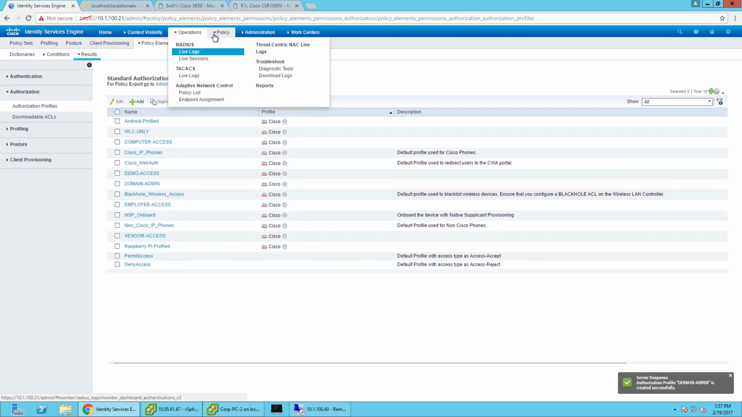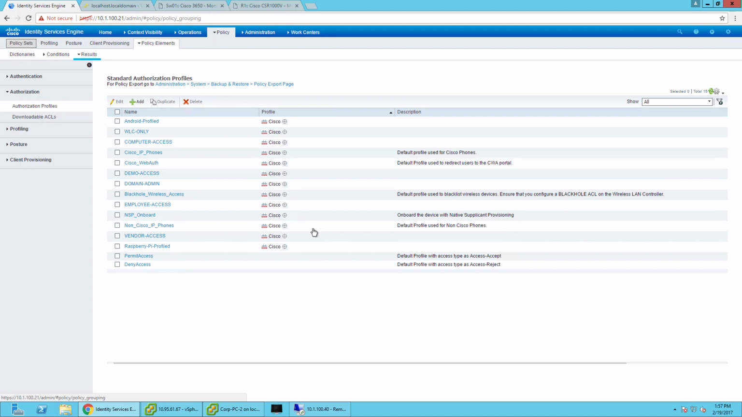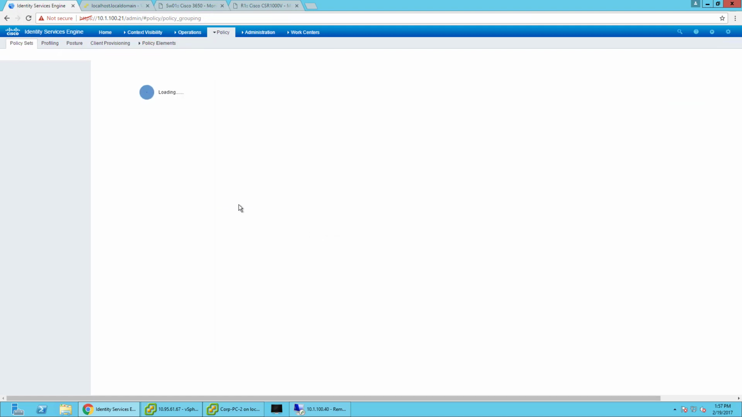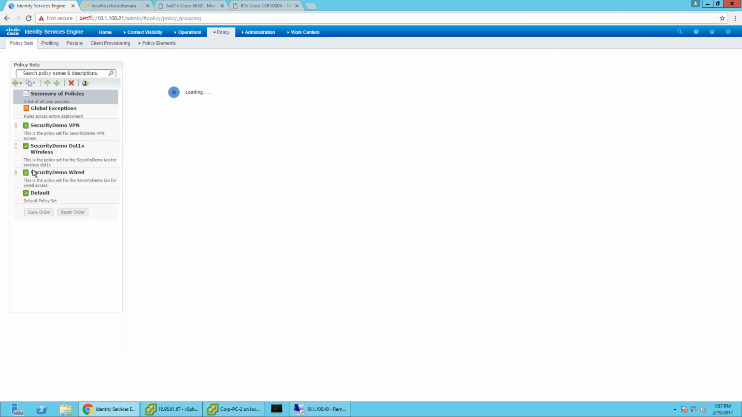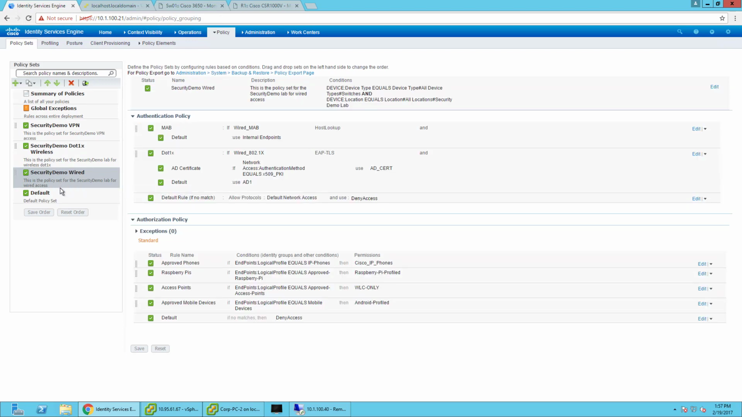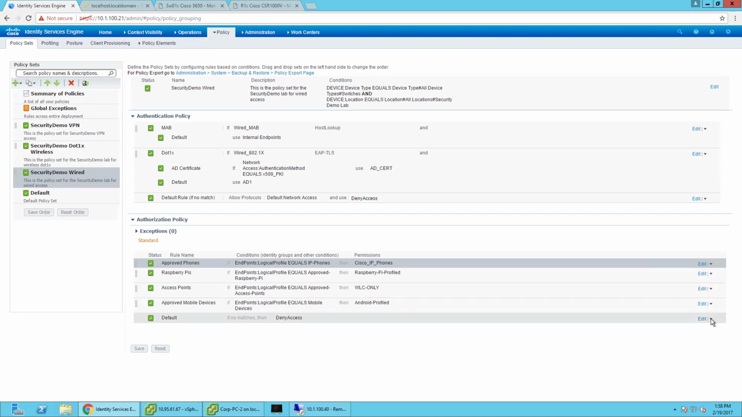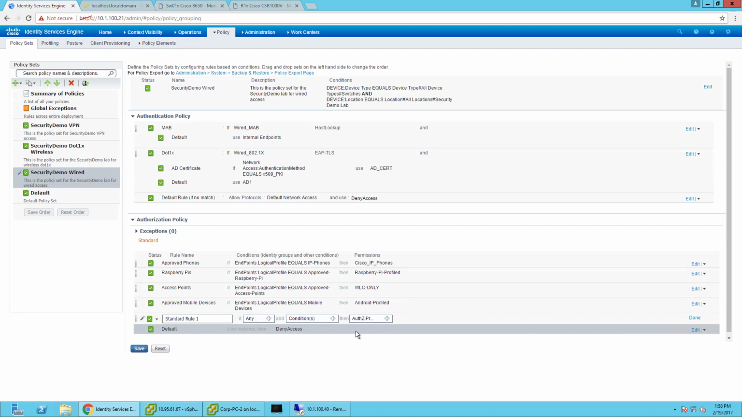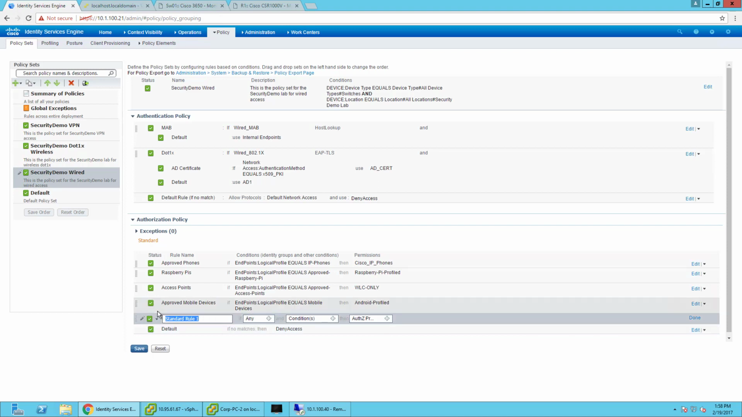So let's go over to policy sets. Go back down to security demo wired, and let's make the fun stuff happen. So just go ahead and put this above here, and we'll go ahead and start with domain